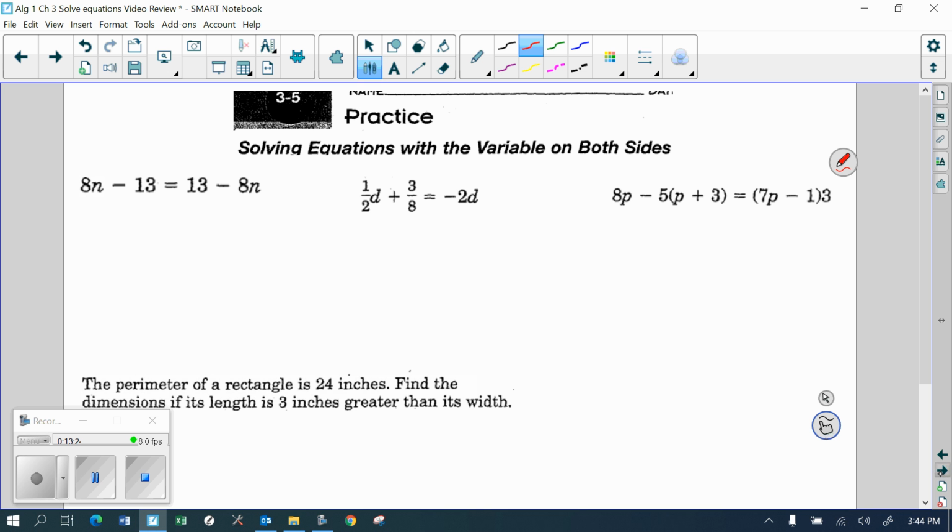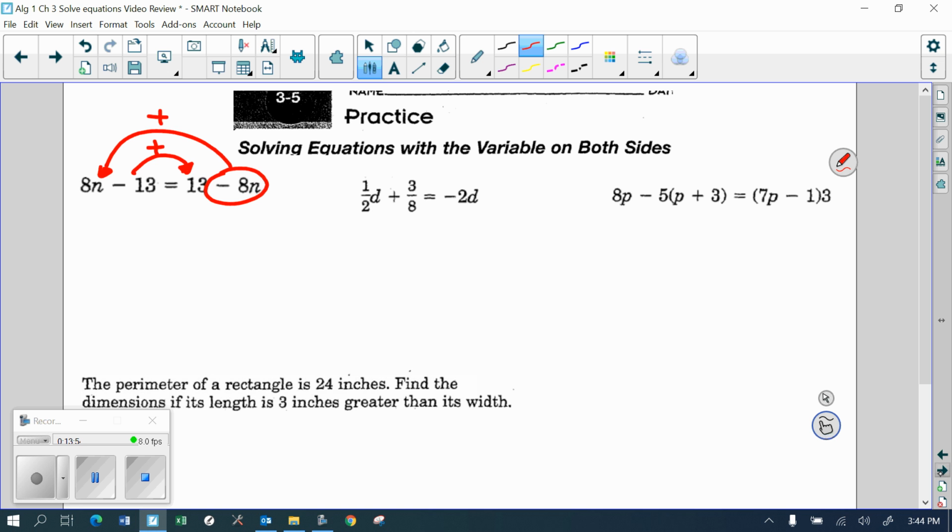So remember, I'm going to get variables to one side, constants to the other. I take the smaller variable, negative 8n is much smaller, is 16n smaller than 8n, and move that over to the bigger side. Then I will always come up with a positive answer if one of them is positive already, which 8 is. So that means I got to add the what across, the negative 13. When I add that across,